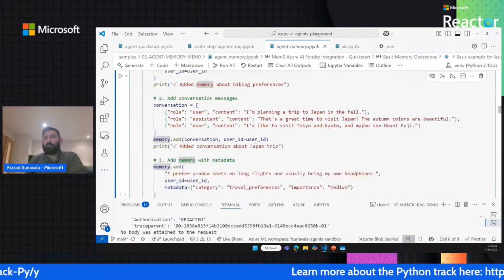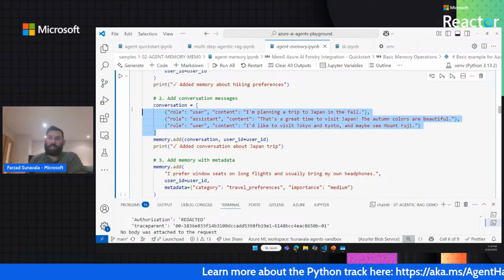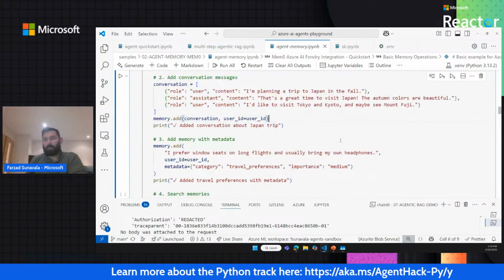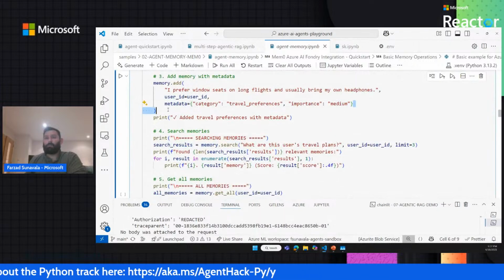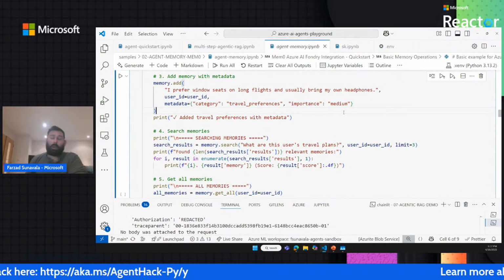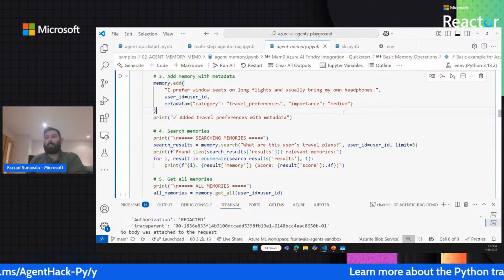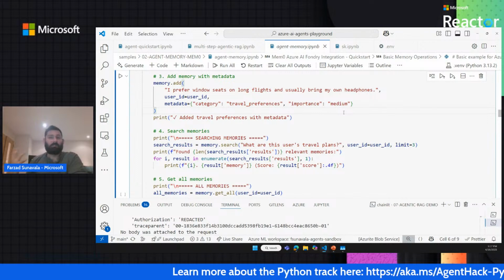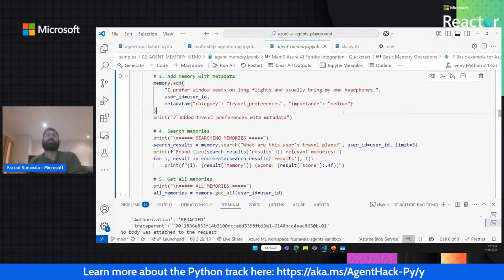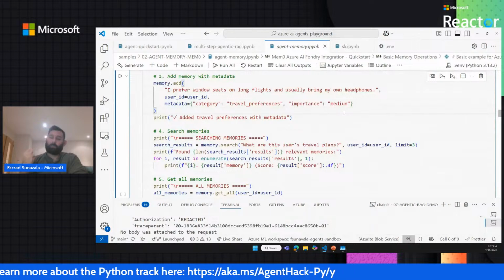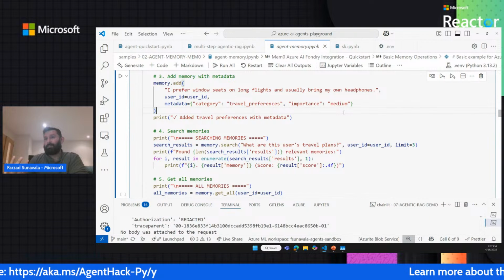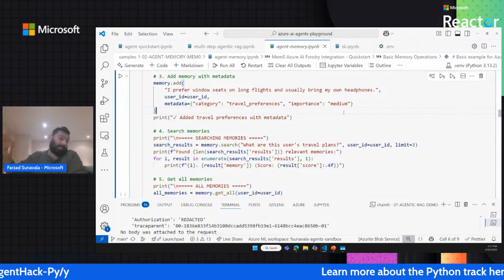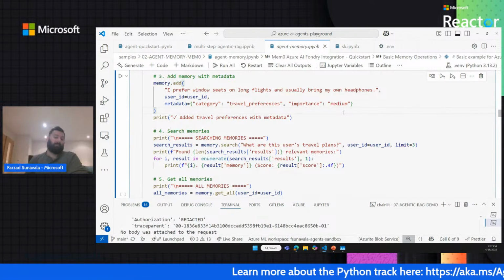And so you can see here, I'm going to print that. And in this case, I'm just adding a conversation to showcase how the memory actually works. I'm adding memory with metadata. Metadata here is really powerful as well, because for those of you who have used AI search or retrieval systems, having metadata is probably one of the most powerful things you can do. And in the world of large language models, being able to utilize that for metadata creation is again very powerful,